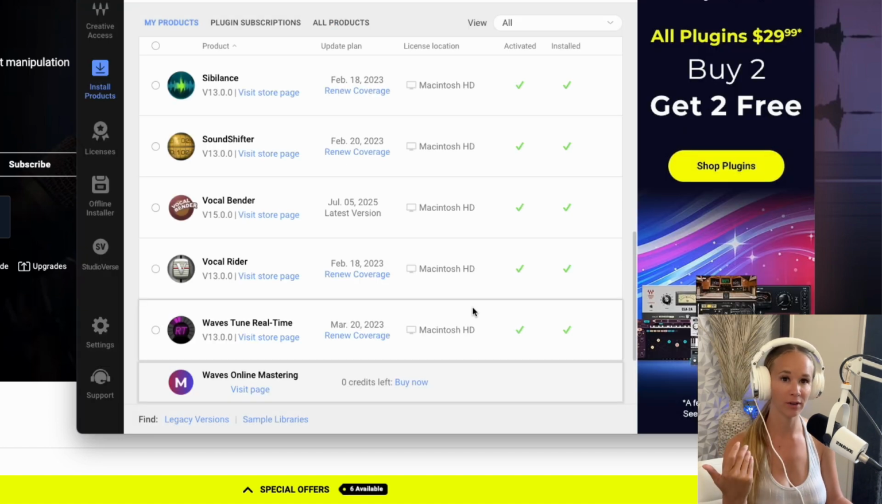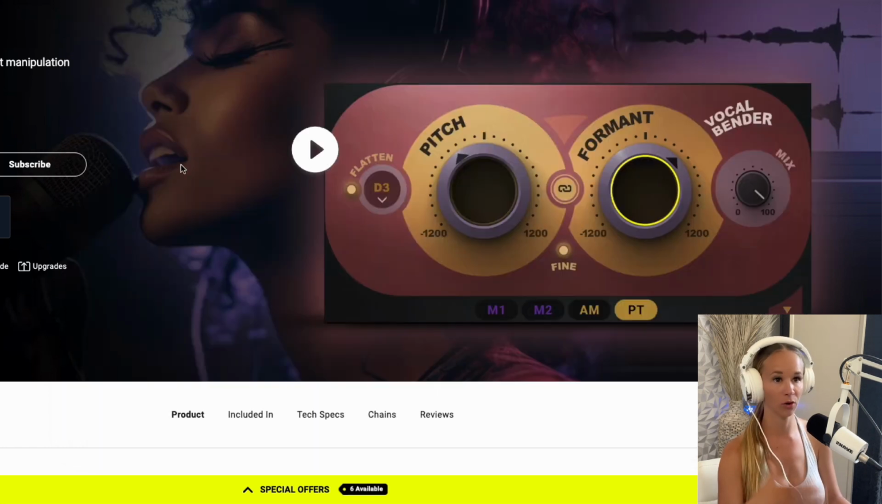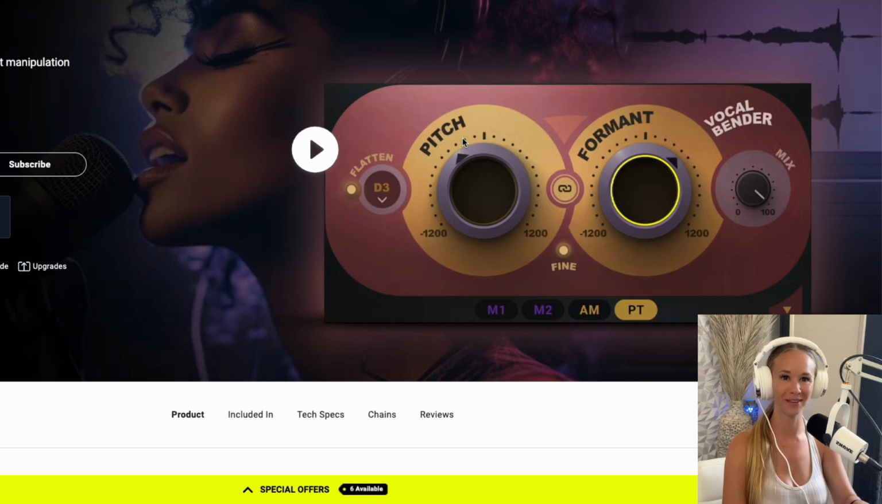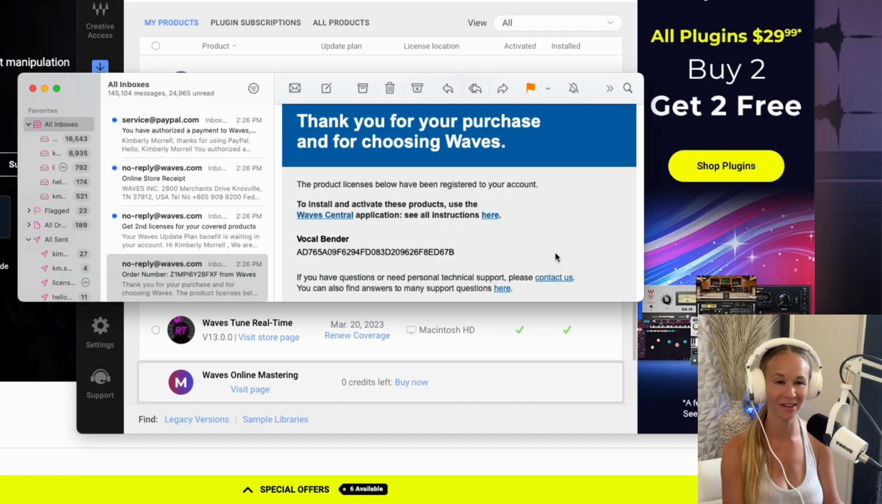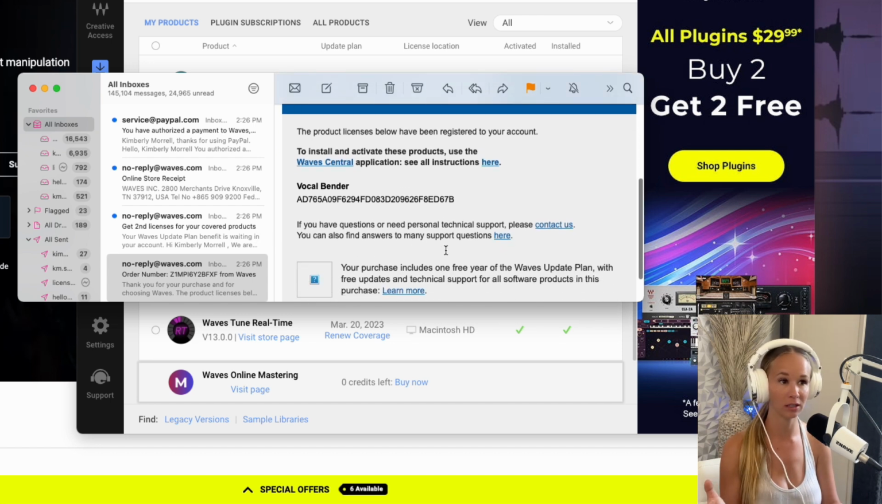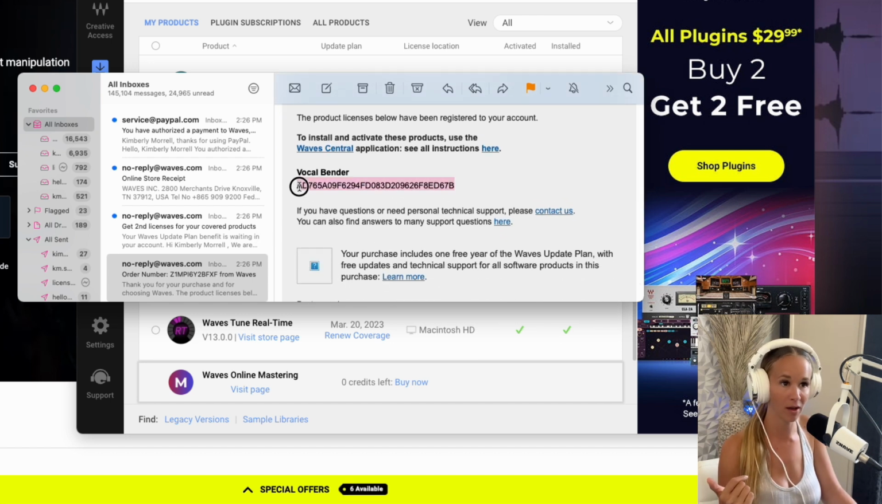Because I already have an account through Waves Central and I signed in on their website when I purchased this plugin, it already knew that I bought the thing. So I didn't have to actually use the license code from my email. It already knew. But that is something you might have to do. If it doesn't automatically install, you may have to just come to your email and copy the license code, and